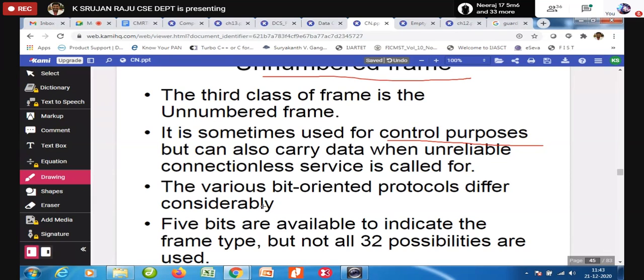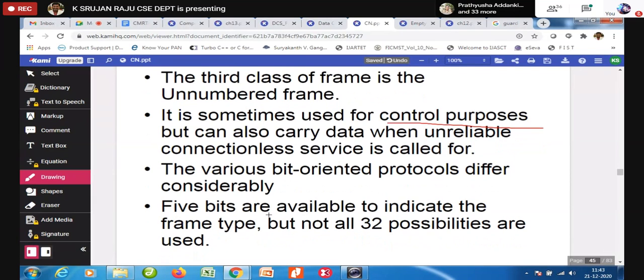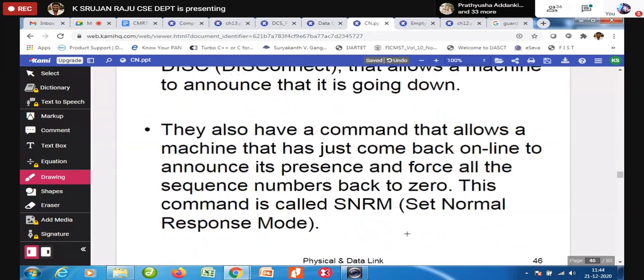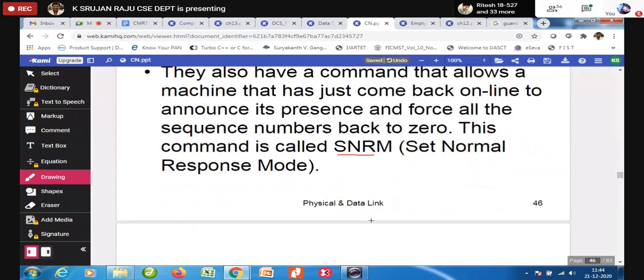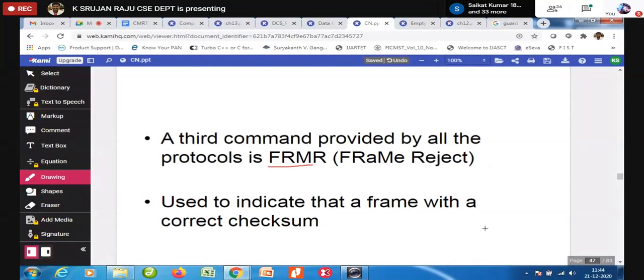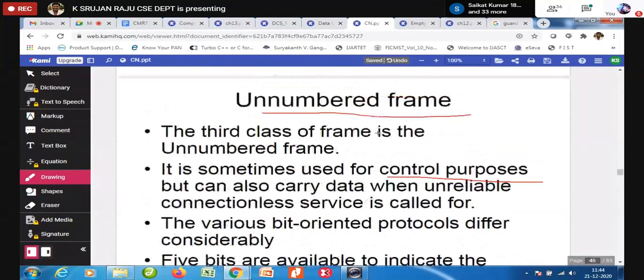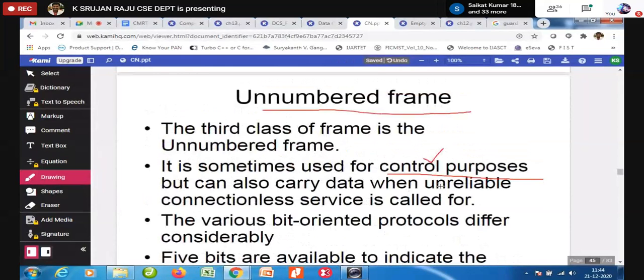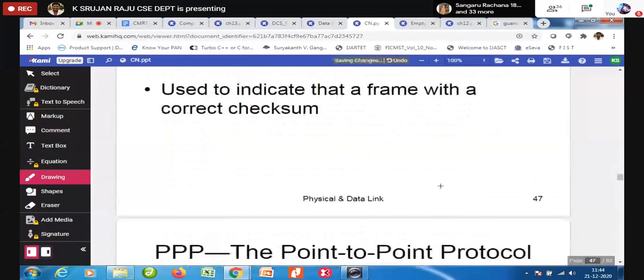Like SNRM, set normal response mode, you can set it and then send it. And FRMR, that is nothing but frame reject. So you are going to use commands and responses. That is exactly what we call an unnumbered frame or control frame.